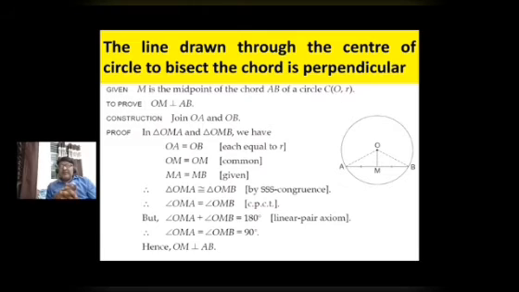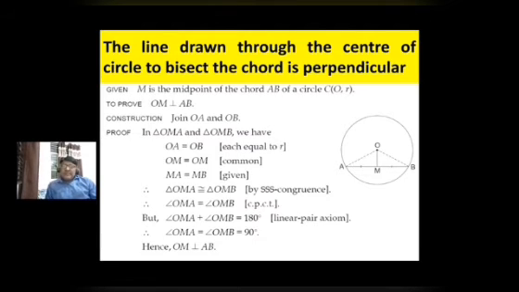You have to prove OM is perpendicular. So, it's given that in the given figure, you can see that a circle is given to you and chord AB is given, in which M is the midpoint of AB. To prove OM is perpendicular to AB,